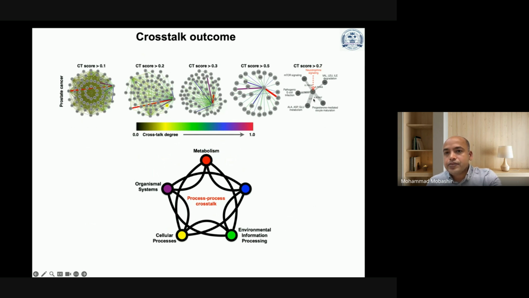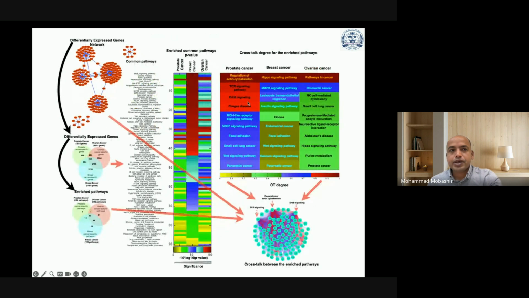And the thicker the connectivity between these nodes or pathways, that means the stronger the interaction. Thinner means weaker crosstalk. So this is what we are highlighting. Now, if you want to see how it looks like overall results from gene expression analysis processing to pathway analysis,